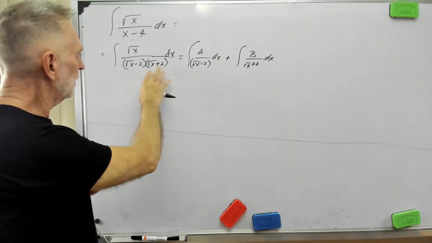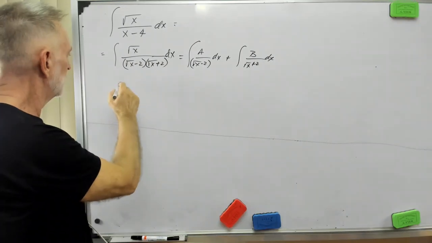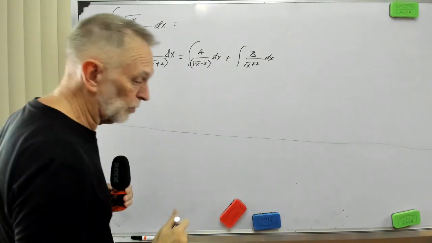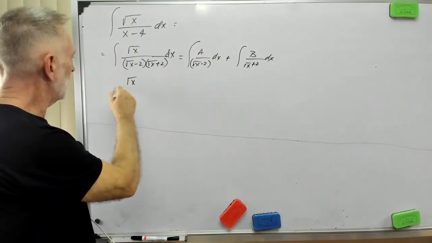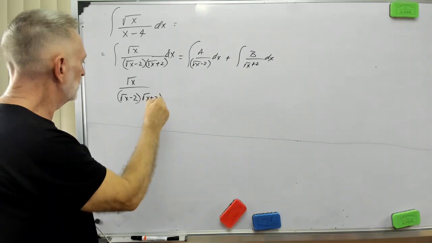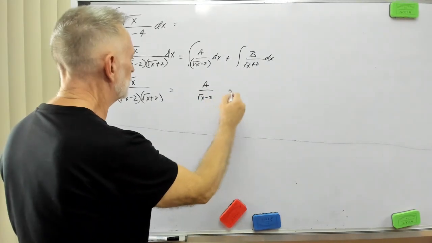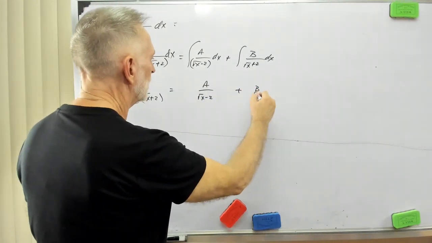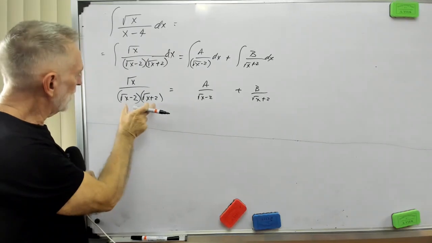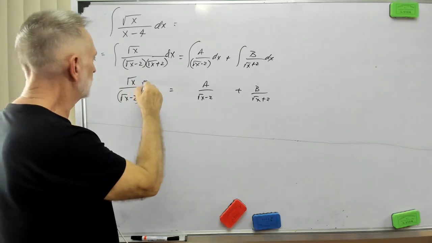let's algebraically set these equal to each other and get these out of the denominator. So if I take square root of x divided by square root of x minus 2, square root of x plus 2, and set that equal to a over square root of x minus 2 plus b over square root of x plus 2, and multiply both sides by square root of x minus 2 times square root of x plus 2,